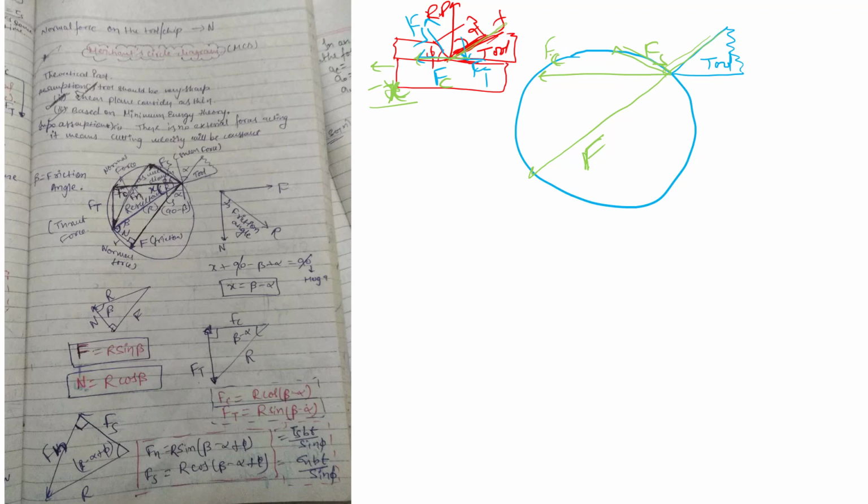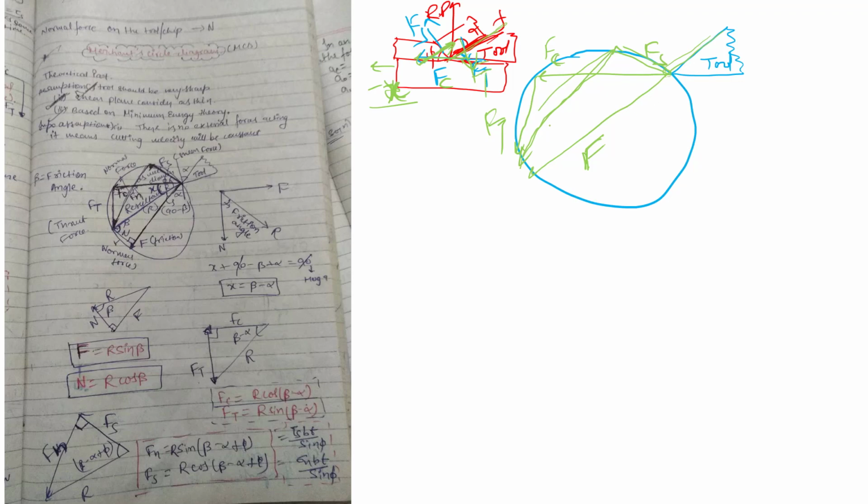Now come to the shear force. We have already talked about shear force and normal force. Normal force is acting in this direction, so just mark this as the direction of normal force, and the thrust force is acting in this direction. This is Ft, the direction of thrust force,